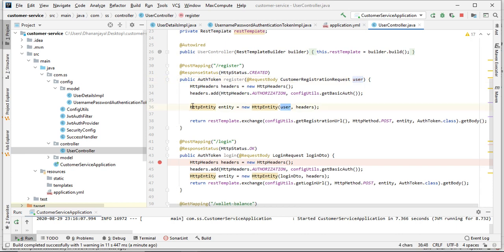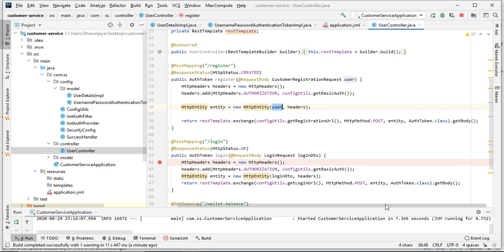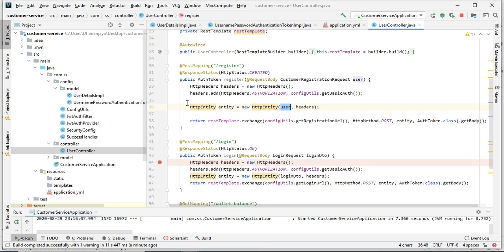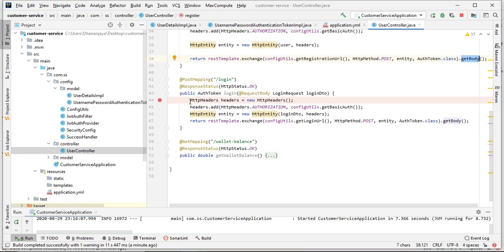We pass it to the HTTP entity, and we give that input to the REST template. Then whenever this REST template call is successful, we get the body from that. The same way we are doing the login also.